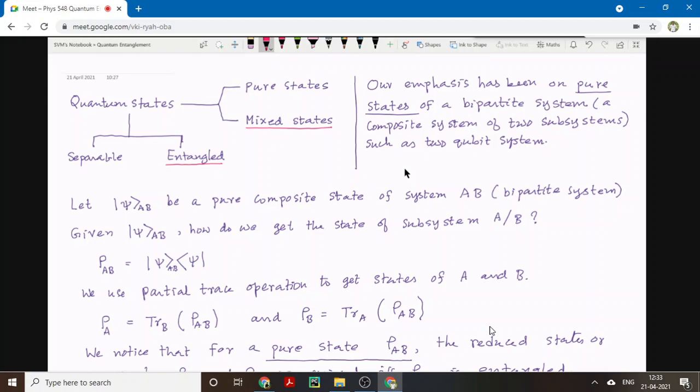So I'm asking what is the exact difference between how we represent a mixed state and how it is different from the entangled state? That is my question. What I'm trying to say is that a mixed state is associated with the information that we are missing about the state of the system, and entanglement has to do with the correlations that are built between two subsystems. These two notions don't have to be mixed.